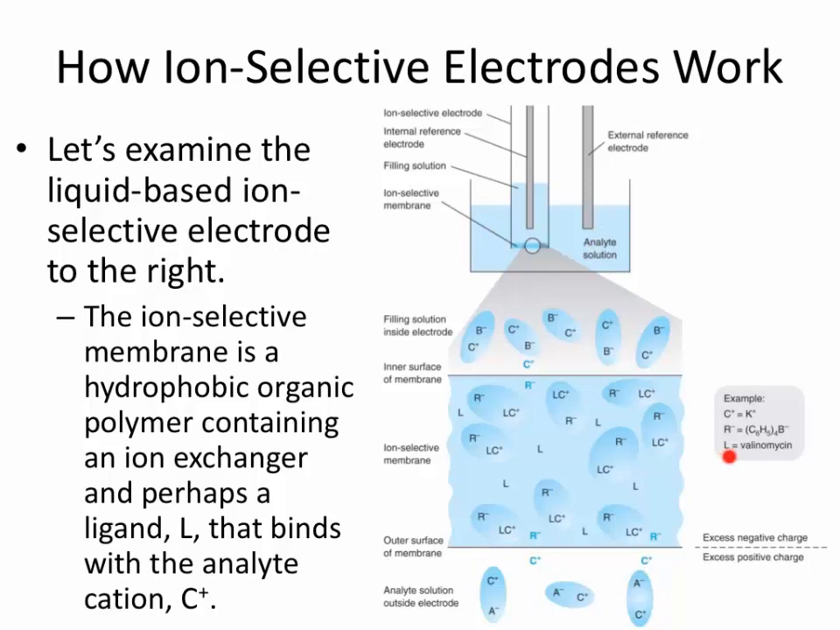Now in this case, our L, our ligand, is valinomycin. Our cation of interest is potassium ion. And in this case, our R- is this ion here. So note that our R- ion here is only contained within our ion-selective membrane. And inside, in our inner filling solution, inside our electrode, we have some cations here, in this case our potassium ions, and they are typically bound near this B- in this case. And then out here, we then have our potassium ions bound to our, in this case, A-, some other counter